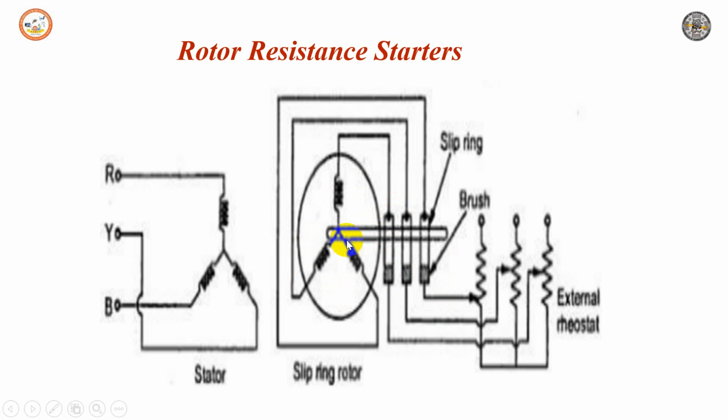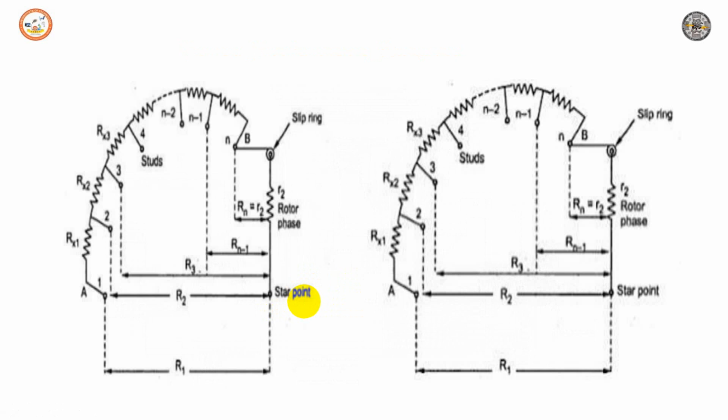So the only limitation of the starter is that it can be used only for slip ring motors. We cannot use this for a squirrel cage induction motor. So, to begin with the construction, let us assume